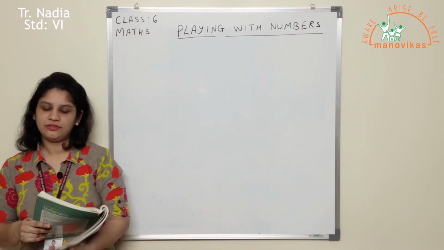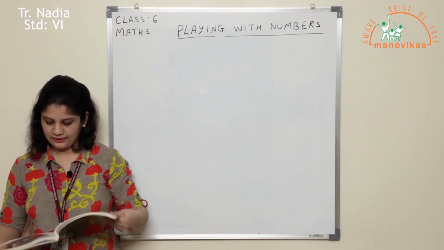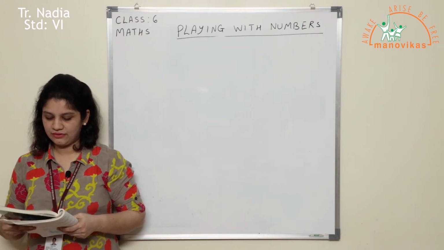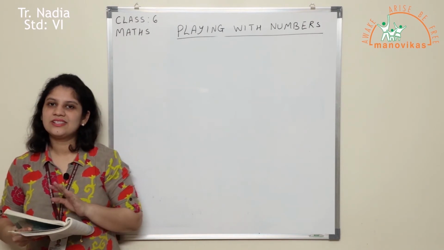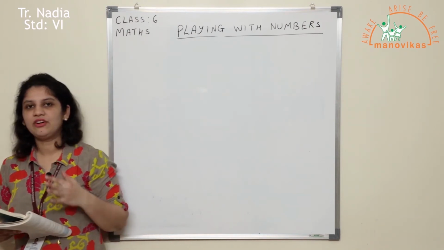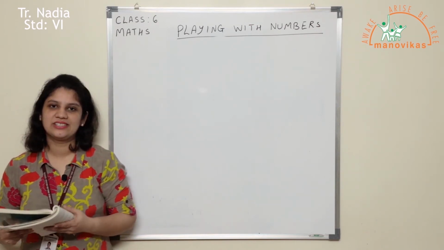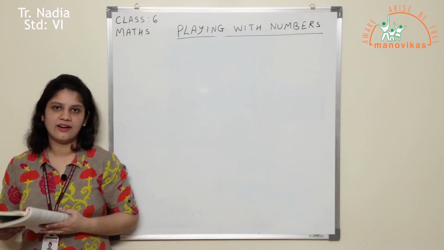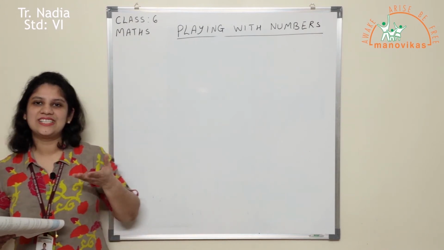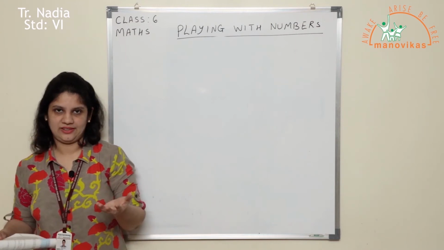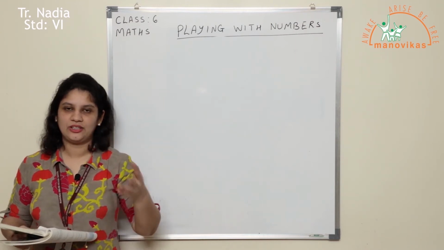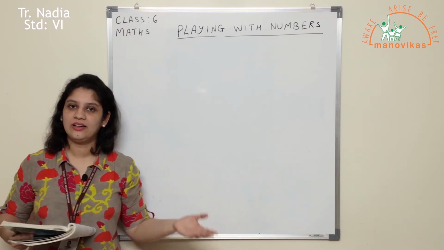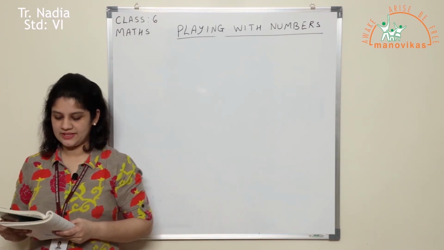Okay, now before moving to the fourth question, I want you all to go back to page number 111 and look carefully at the sieve of Eratosthenes. Now, what is the sieve of Eratosthenes? The sieve of Eratosthenes was a method which was devised to filter out the prime numbers from a given set of 100 numbers. As you all know, the word sieve means to separate. A sieve is basically used to separate two things. So here the sieve of Eratosthenes is actually used to separate the prime numbers and the composite numbers.